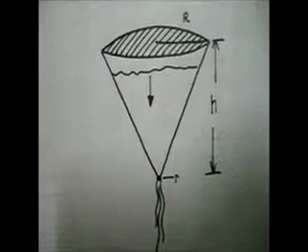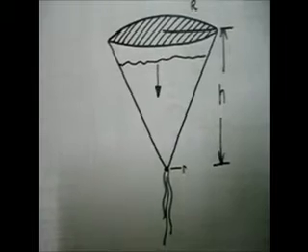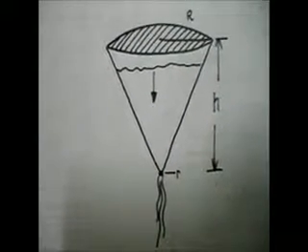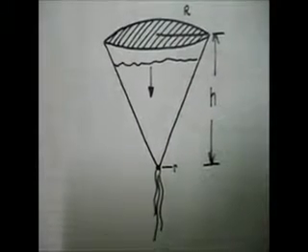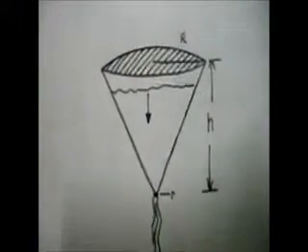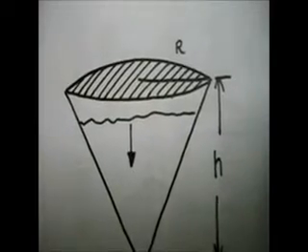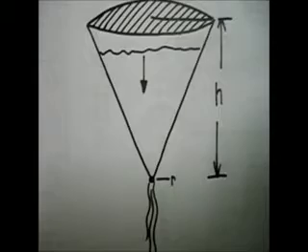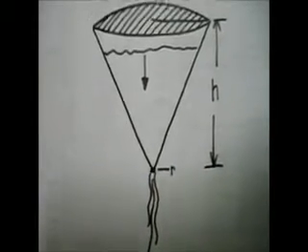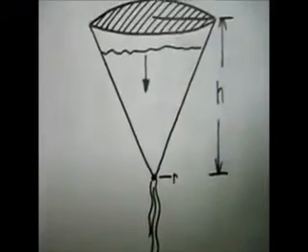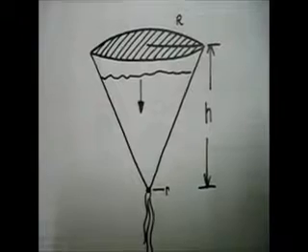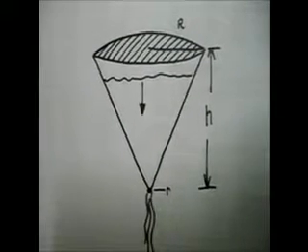So for our application, we have this problem: a tank has the shape of an inverted right circular cone of radius r and height h. If there is a hole at the bottom of the tank with a radius r and it drains under the influence of gravity at any time t, what is the time when the tank will